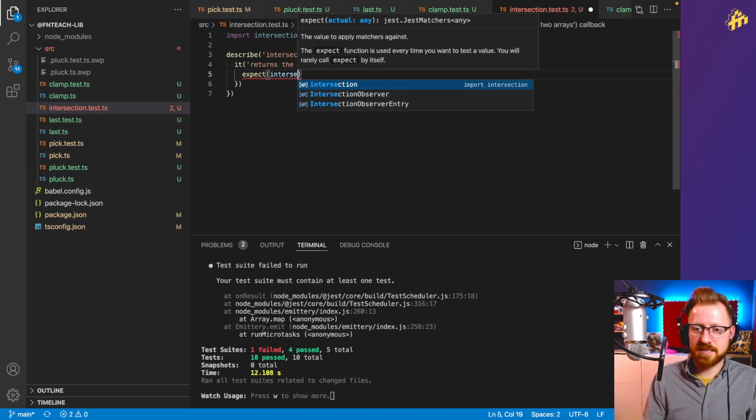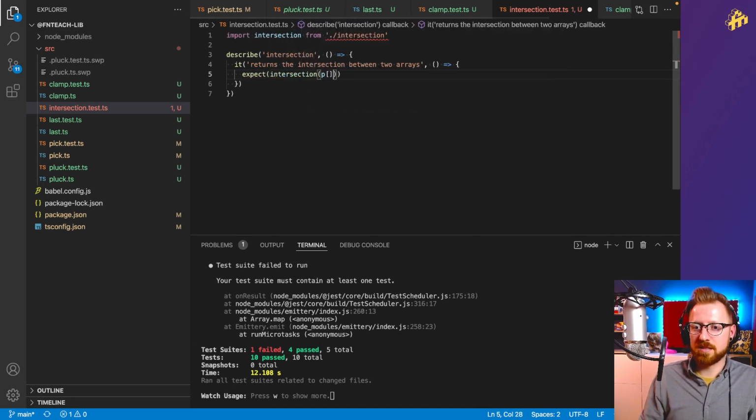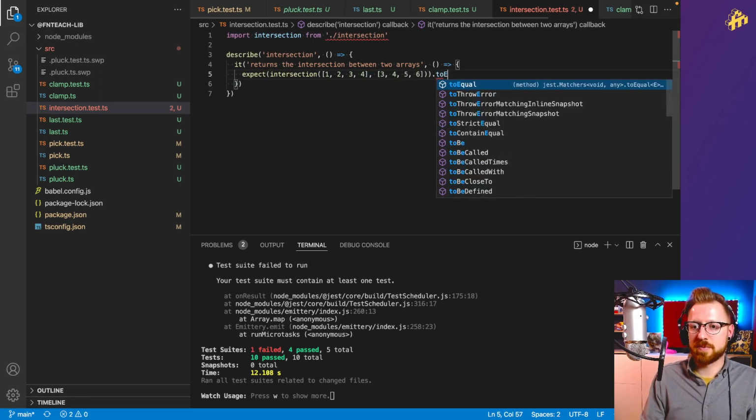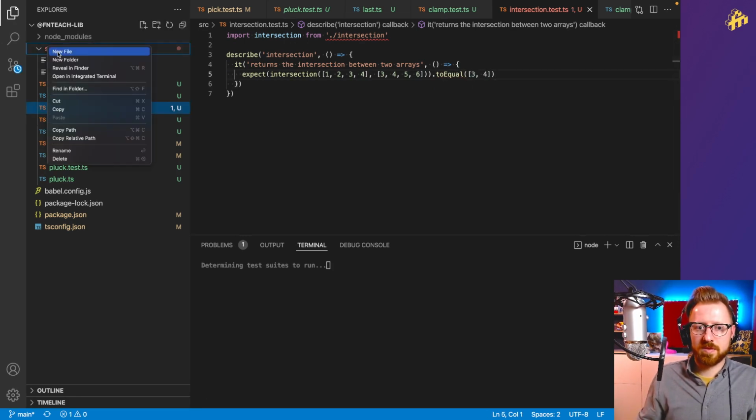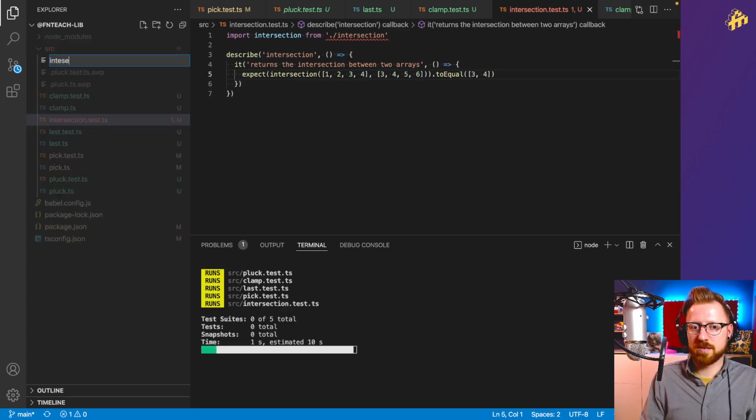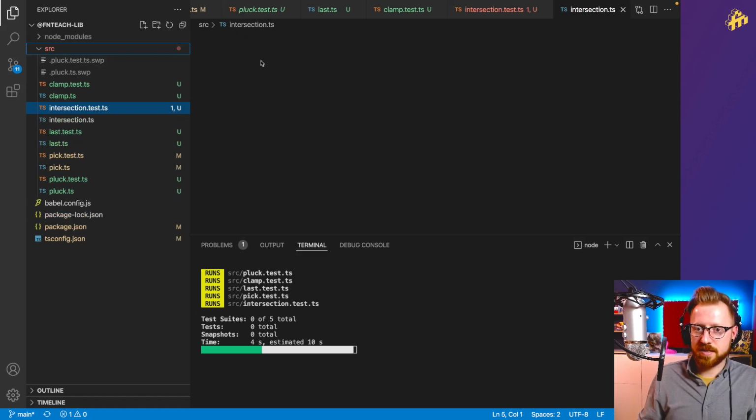We expect exactly that example that I just had. The intersection between the arrays 1, 2, 3, 4, and the array 3, 4, 5, 6. And we expect that to equal 3 and 4. Source, new file, intersection dot ts,